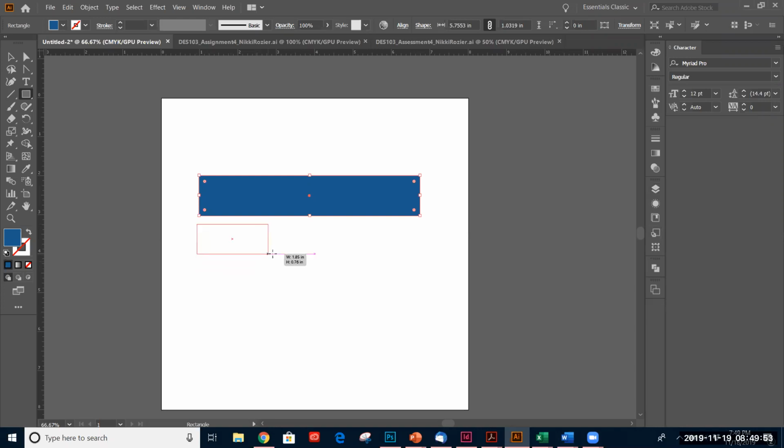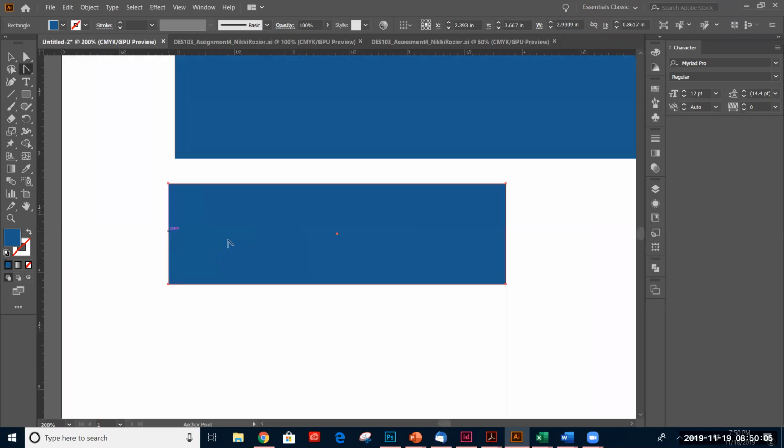I'm going to maybe do like half of this. And then I'm going to take the anchor tool here, and I'm going to zoom in. I want to actually get this to go down here. So what I'm going to have to do is add an anchor point. I'm going to add an anchor point right dab in the middle